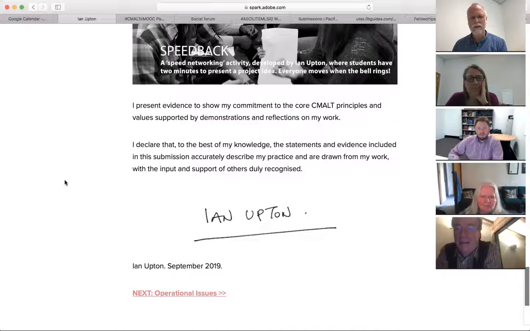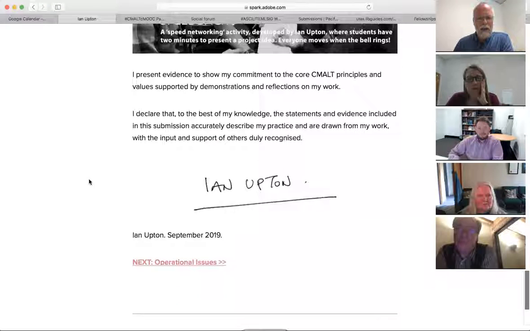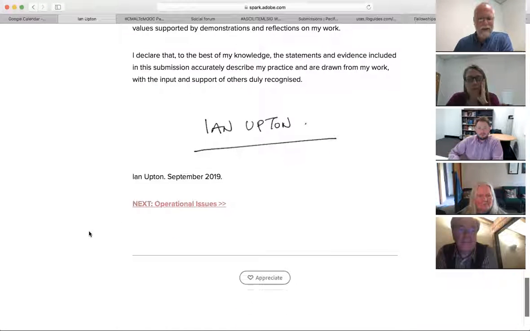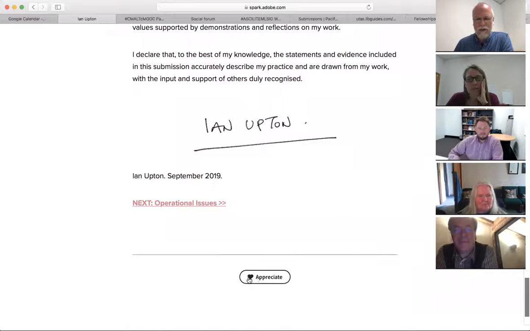Yeah, I think it's a nice example, and I do like the way that you've used Adobe Spark for it. I think it gives it a fresh look, which is great. And as you say, it's very mobile friendly. So it's WordPress, but probably just not quite as cool looking as Adobe Spark. So yeah, a really nice start, Ian. And I know as we go, because I had a look last night, you can do things like appreciate, you know, if you like it.